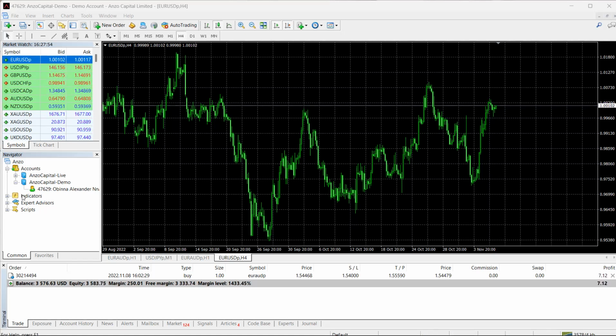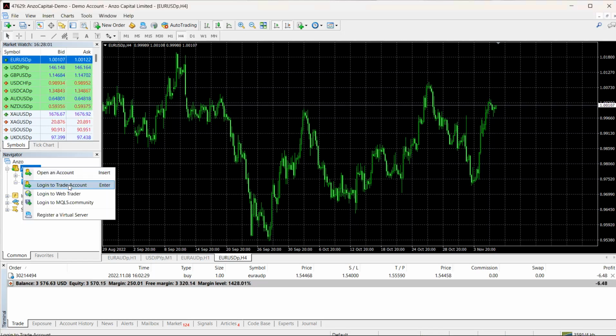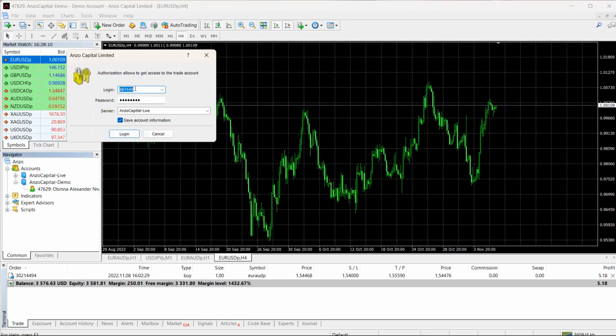Under the navigator window here, what you want to do is right-click on accounts and click on login to trade account. So you right-click on this accounts tab here and then select login to trade account. Then you can put in the MT4 login details and the MT4 password, and also ensure that you use the right server. If it's a live account, you put in ANZO Capital Live. If it's a demo account, you select ANZO Capital Demo,